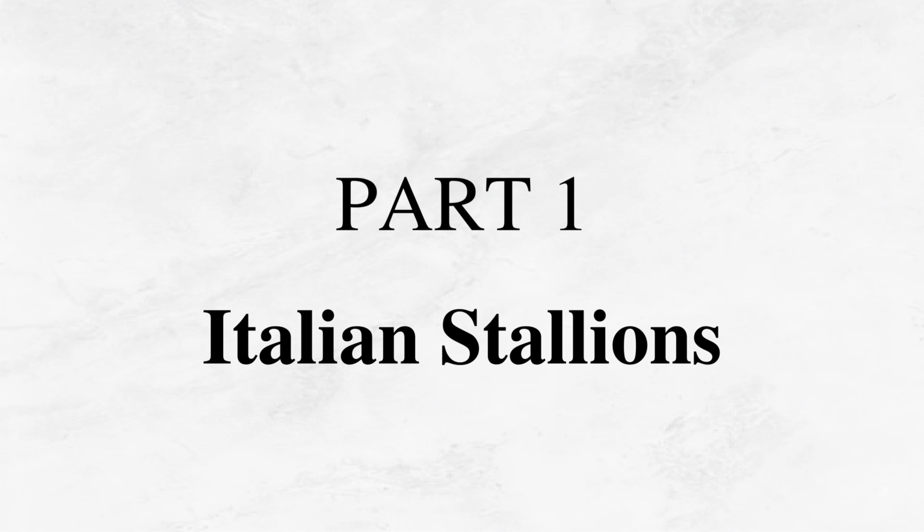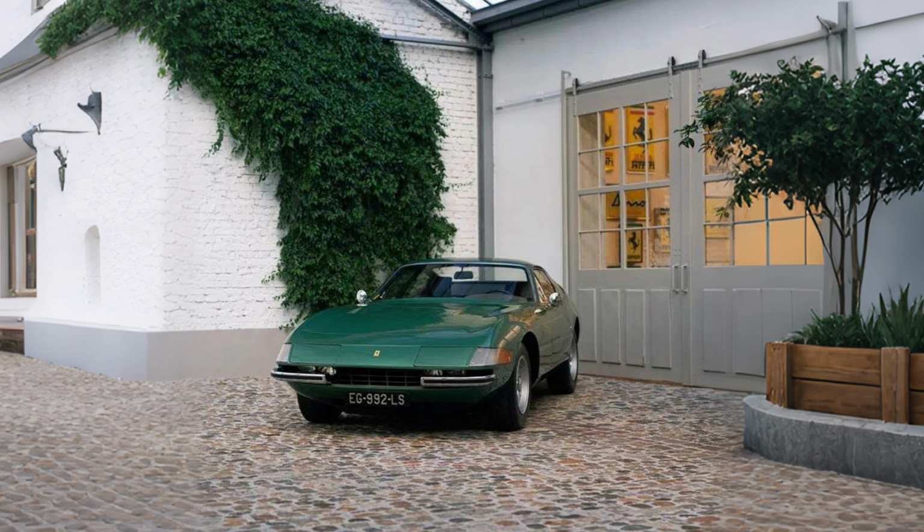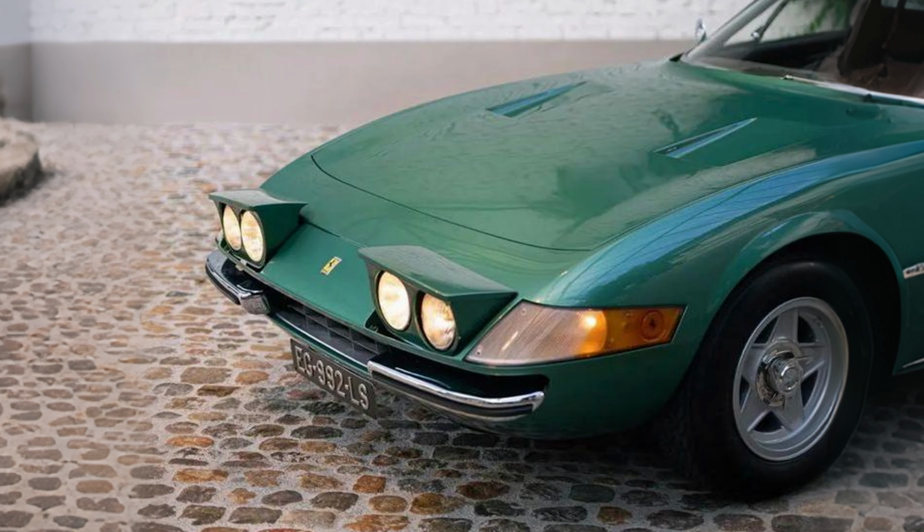Our first section is dedicated to the Italian stallions, and these 2 cars are true legends of the 1960s. First up, we have the 1968 Ferrari 365 GTB4. When Ferrari initially released the 365 GTB4, journalists quickly dubbed it the Daytona, a nod to Ferrari's sweep of the 1967 Daytona 24 Hours. With a long bonnet, sharply creased lines, and sleek-looking headlights, it looked more aggressive than its